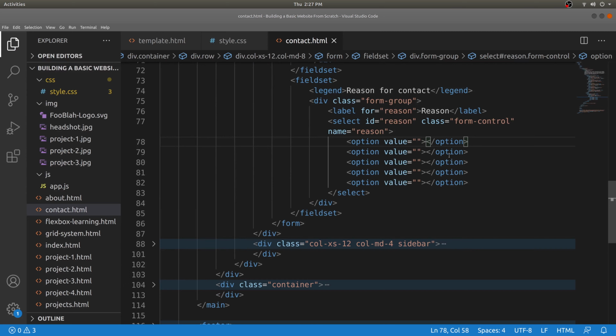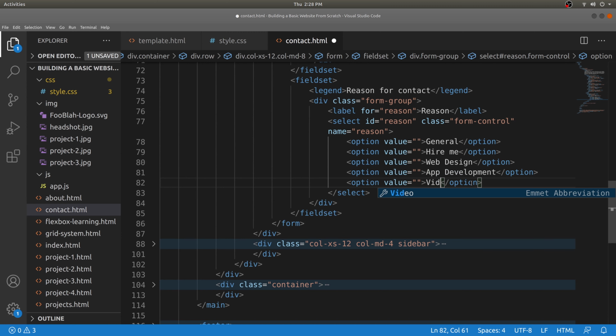So for example, general, hire me, for example, web design, app development, and then the last one is going to be videography, because that's what John Smith does, right? To be able to get some work. So we're going to do that, hire me, and then